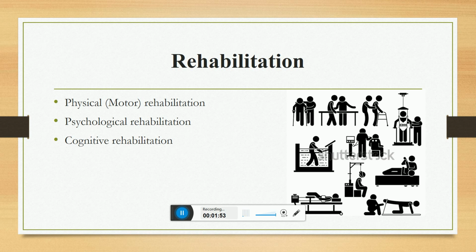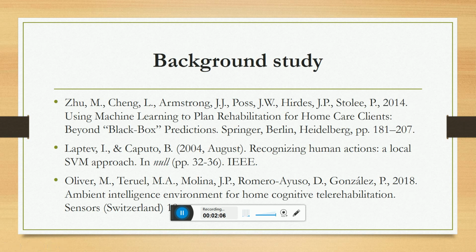So, we have come up with the idea of designing a game which will help someone to rehabilitate from some physical disability. Now some background studies are there, some literature surveys have been gone through, and in the first reference